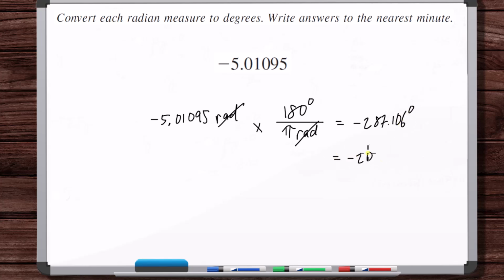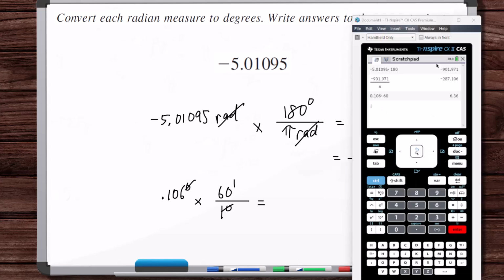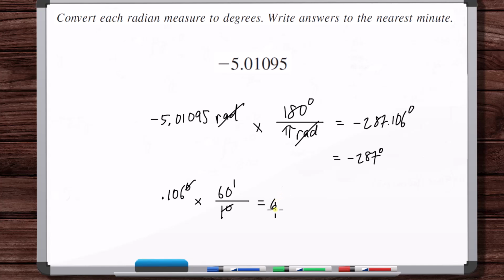So that's going to be minus 287 degrees and a certain amount of minutes. 0.106 degrees is how many minutes? 6.36. Round that to the nearest minute, so 6 minutes. So this is